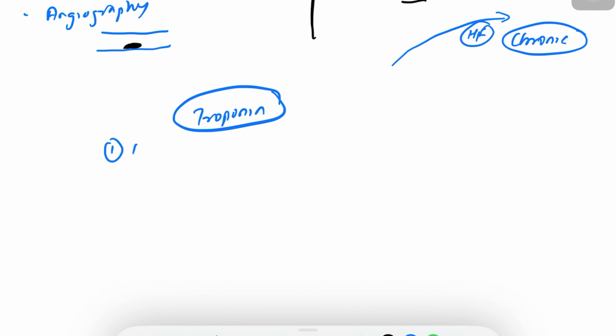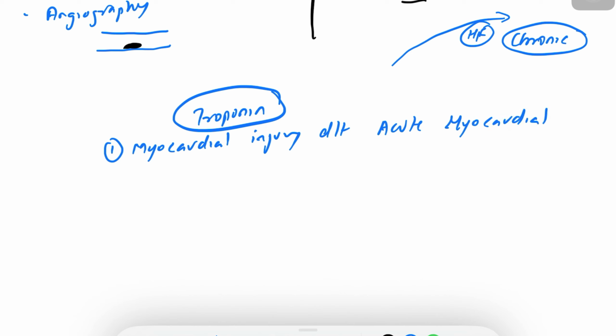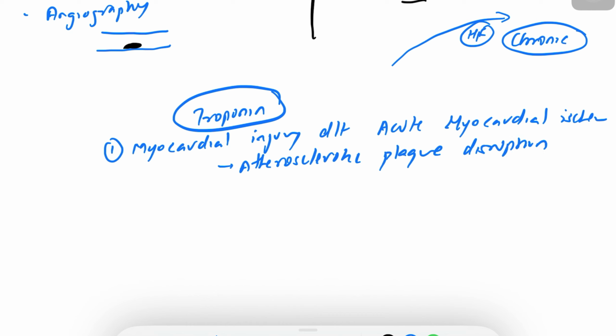Like acute myocardial injury, okay, myocardial injury due to acute myocardial ischemia. This can be due to atherosclerotic plaque disruption, or it can be an increase in myocardial injury due to acute myocardial ischemia,